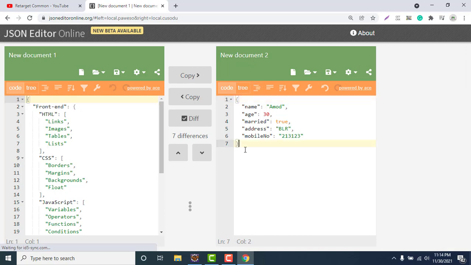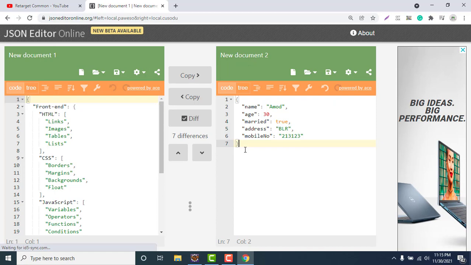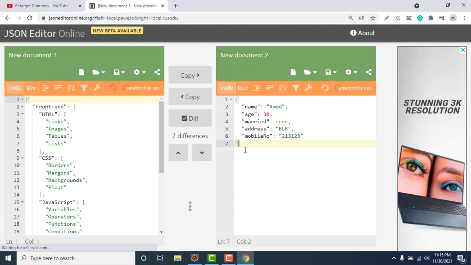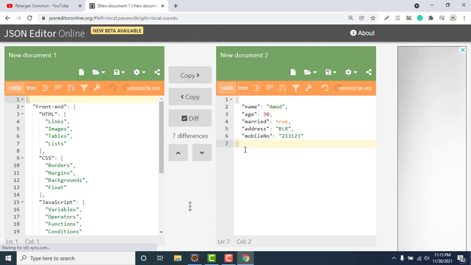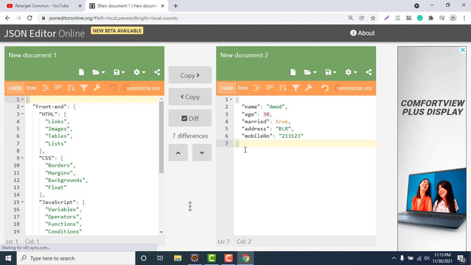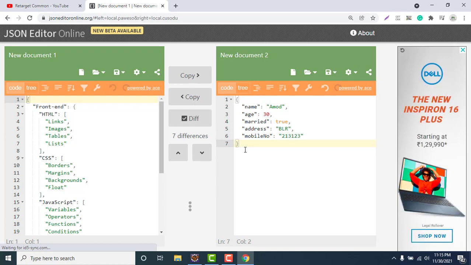Suppose this JSON object has 10 fields and out of 10 you don't have values for 3 or 4, then you need not include those. If you are creating the payload using a map, you can add only those keys and values which you require. But if you are creating a POJO, which is generally followed in many industries, they use the POJO to create the payload.